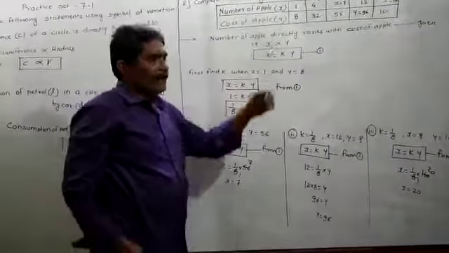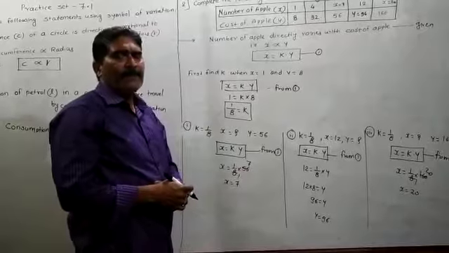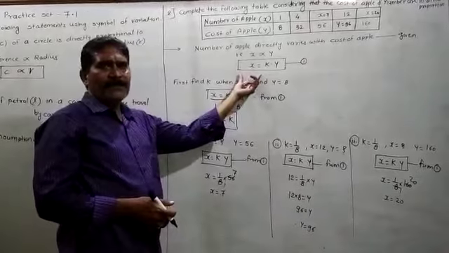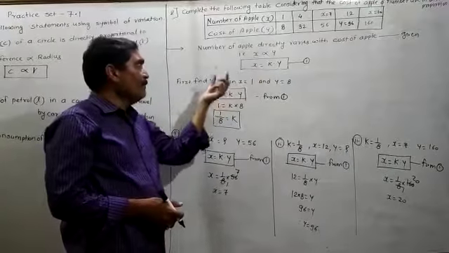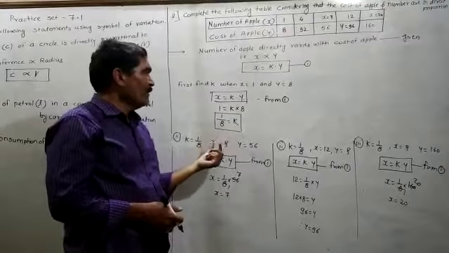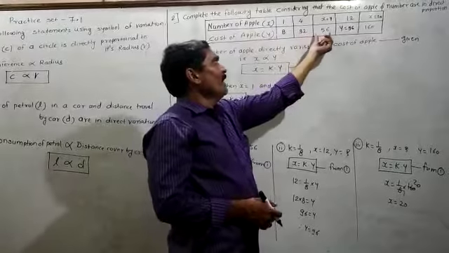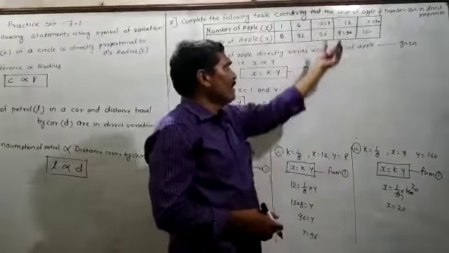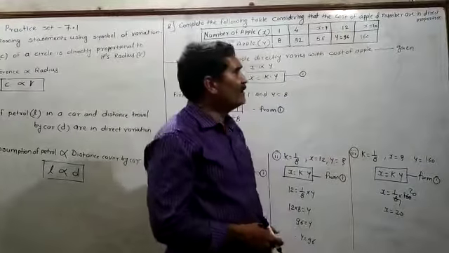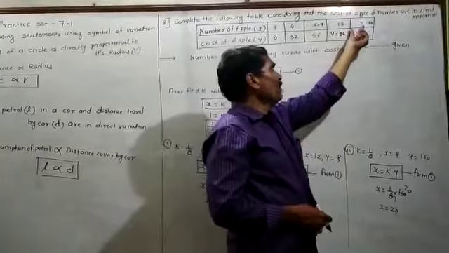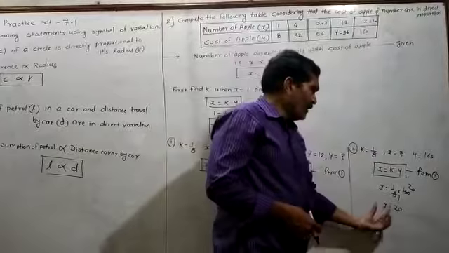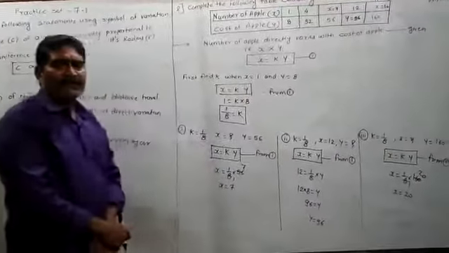In this way you have to find out the value of x and y. First of all you have to frame the equation of the variation, and after that you have to find out the value of k by putting x is equal to 1 and y is equal to 8. Once you get the value of k, then you have to put the value of y and k here, and you have to find out x, and here you have to put the value of k and x is equal to 12. At that time you have to find out the value of y is equal to 96. Here you have to put the value of k as 1 upon 8 and y as 160. At that time we will get the value of x as 20. In this way you have to solve this example.